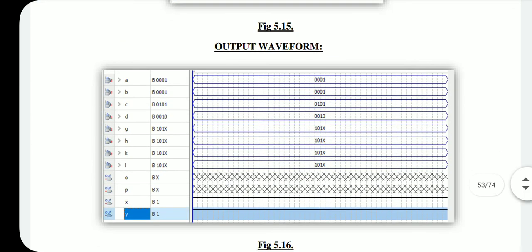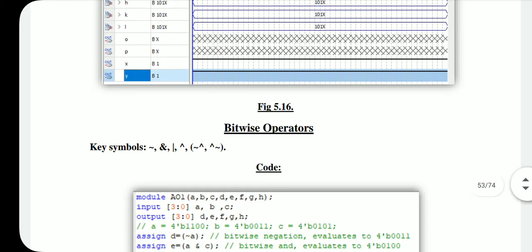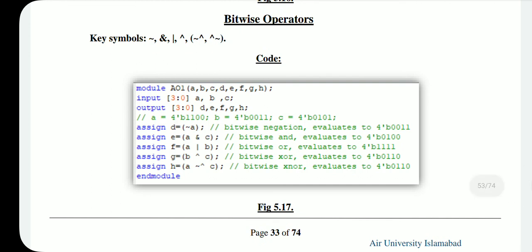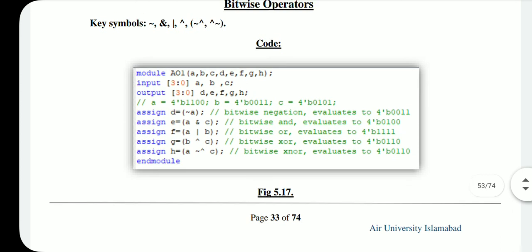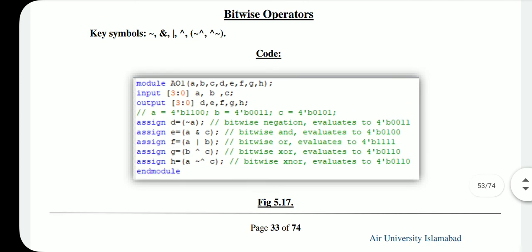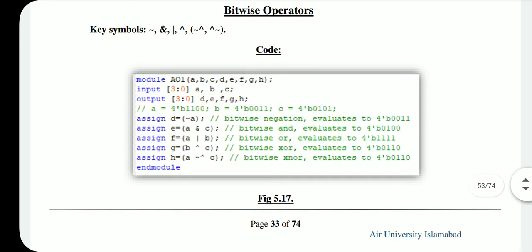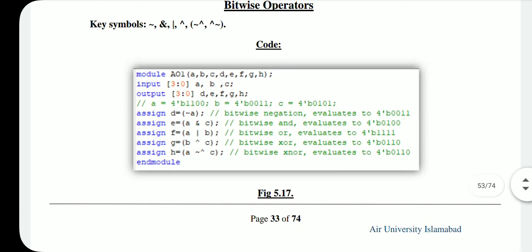And we'll see how this is our output waveform. We are short with our time, so we'll wind up. And bitwise operators are in there, and you can see here, and we'll implement this and assign d is equal to not of a,